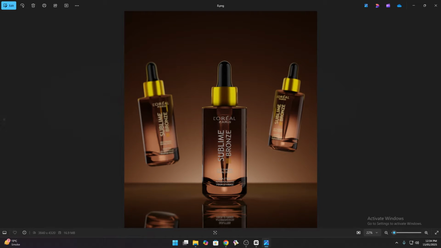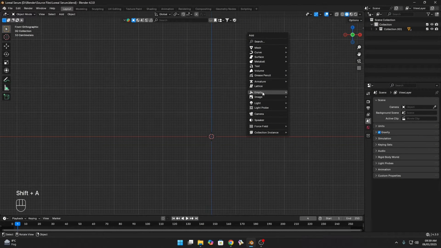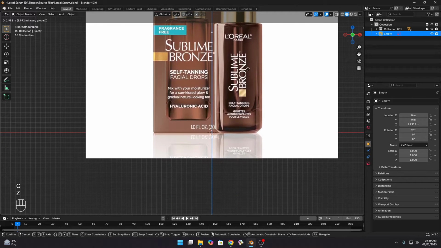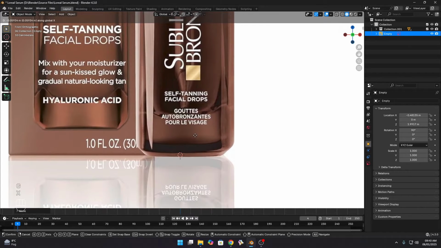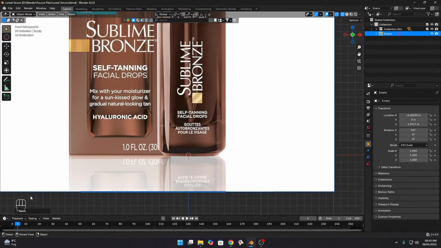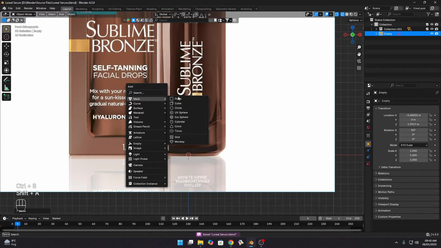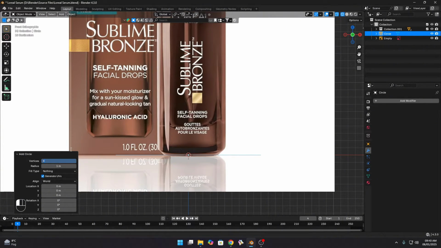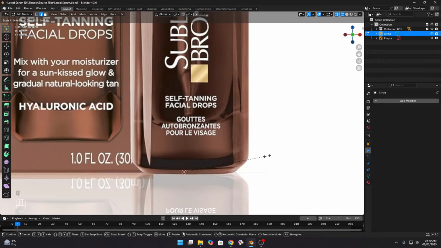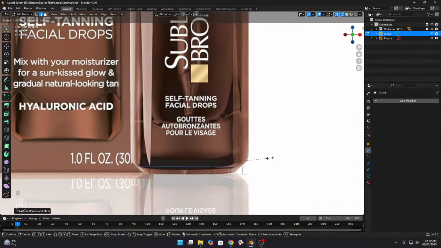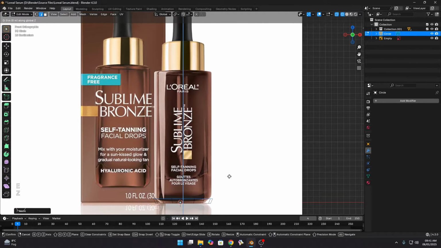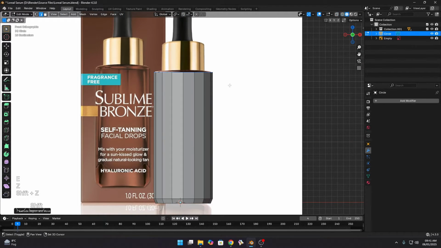Let's just get started. First of all, we add the reference image. I will add the reference and adjust it according to the view, with this button in the middle of the cursor here. You can also see the buttons which I pressed. So first we add a circle and make it 16 vertices. Just scale it down to adjust the size with the bottle. Extrude on the Z axis like this, scale up after extrude, move up a little, and extrude on the Z axis to match the reference.